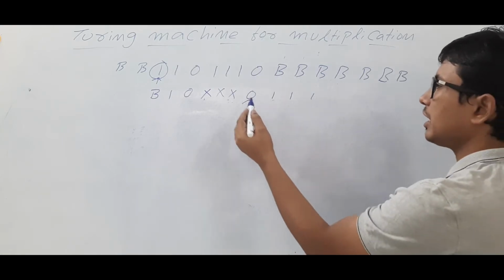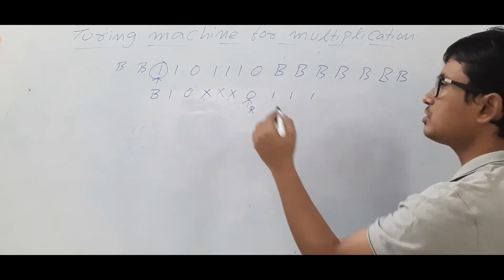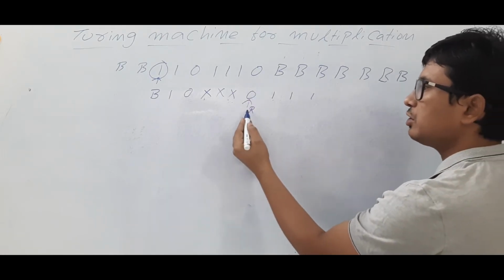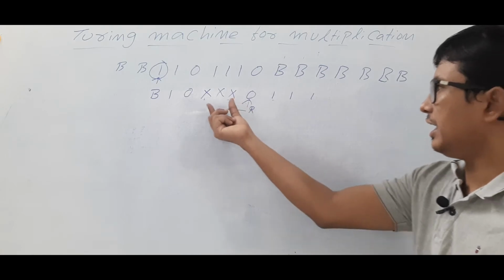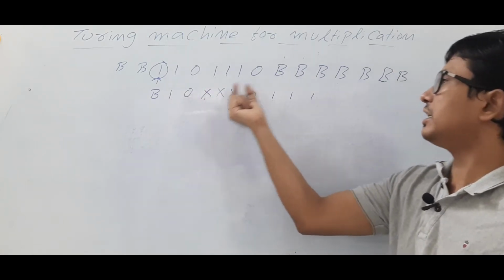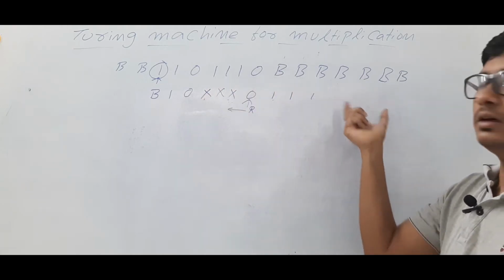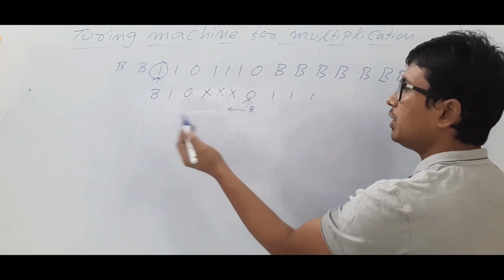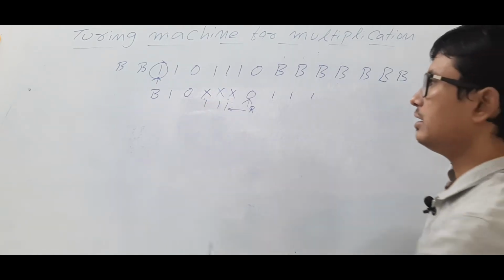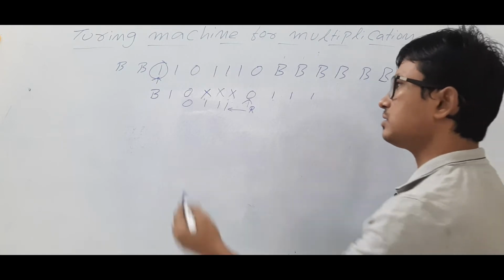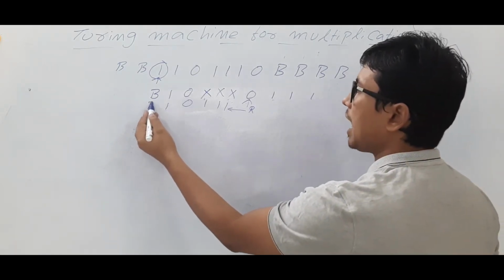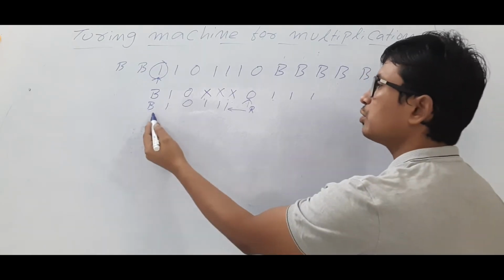Now if you see that I got a 0, then what I will do is keep it as a 0 and move to the left, because again these x's I have to make into 1's, in such a way that in the second iteration I can keep all these 1's here. Are you able to understand? So while going left, I will make all the x's as 1's. 0 as it is, 1's also as they are. The blank is there, that blank I will keep as a blank and move to the right.